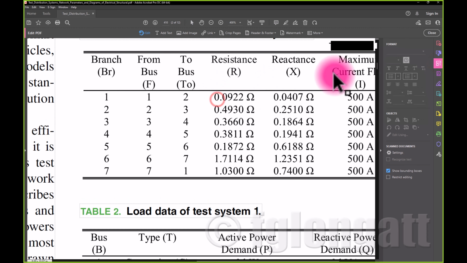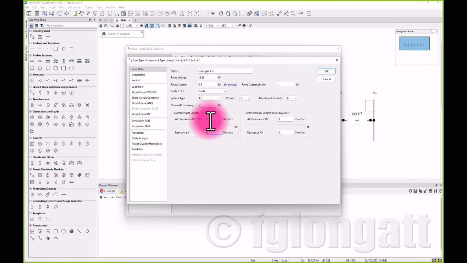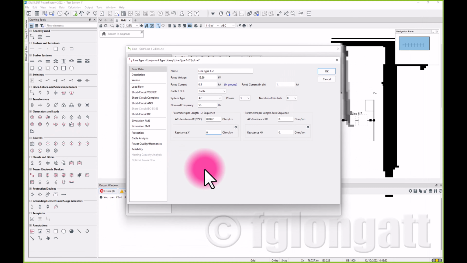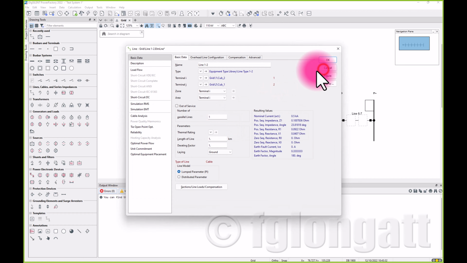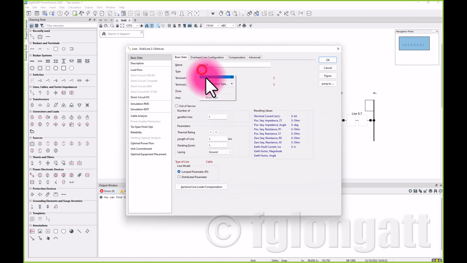And I will select here. Why cannot select 0.0922? 0.0922, and the reactance is 0.0407. 0407. Perfect. Now we need to do the same for the net,